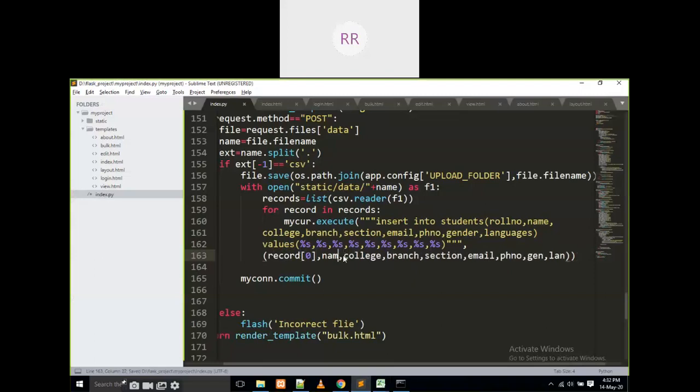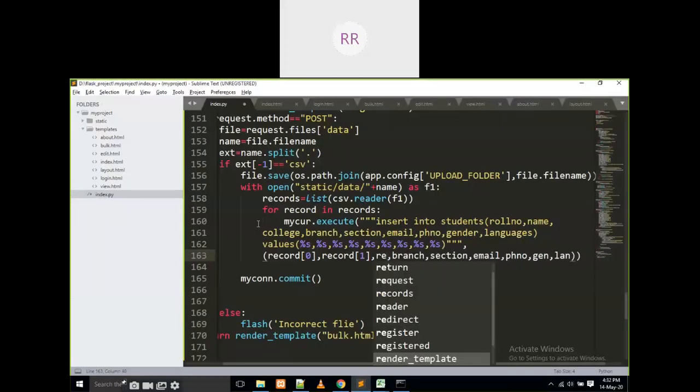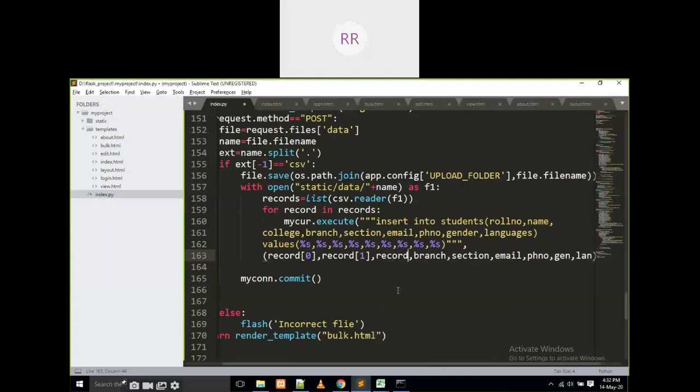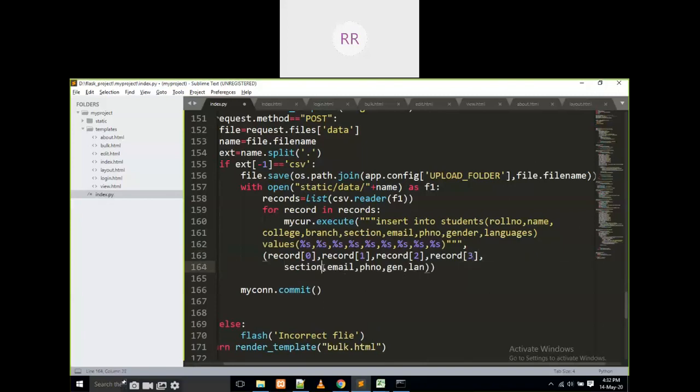Okay. Then the name is record of 1. Is the college the next one? Yes, college is the next one. We have to replace it with record of 2. The branch is the next one. Yes, record of 3. Then record of 4.